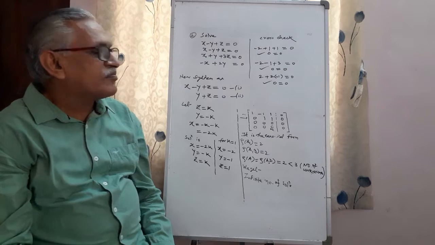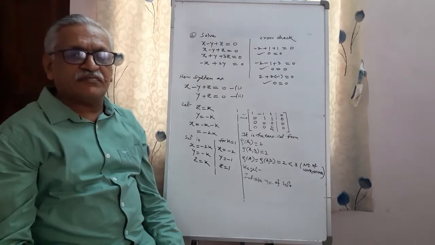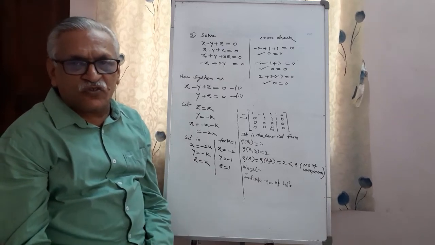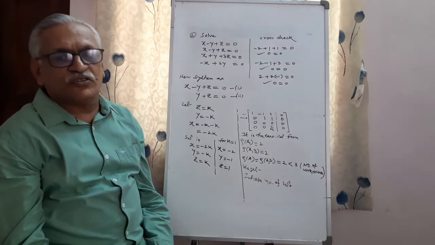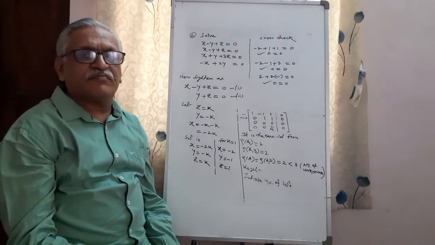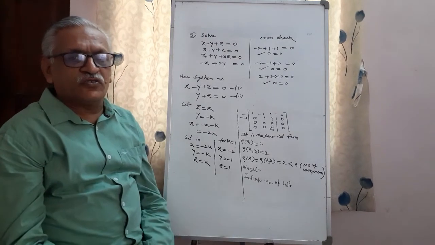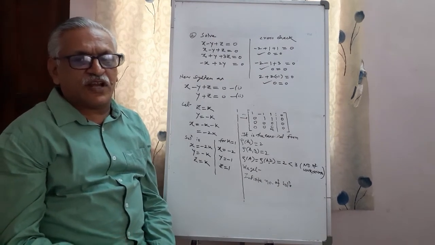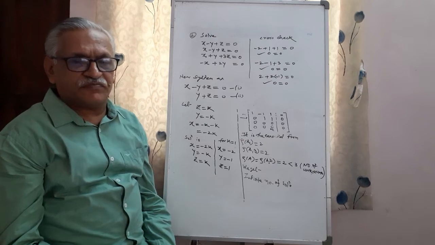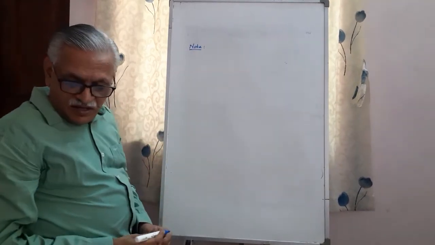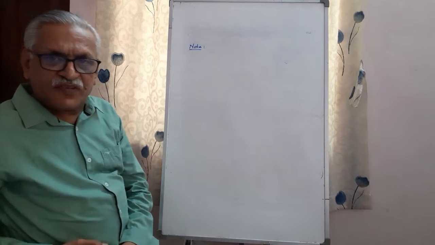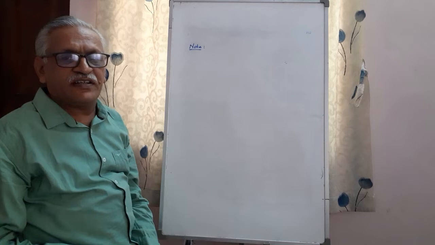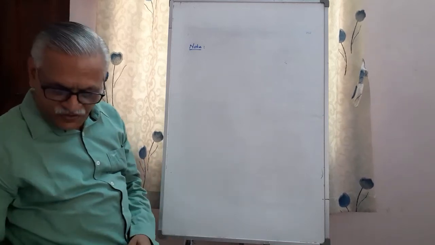Therefore, with the help of these two examples, I have tried to explain how we can find a zero solution or non-zero solution. Zero solution means trivial solution, and non-zero solution means non-trivial solution. Only these two types exist for homogeneous. Then we take a note of the alternative technique to decide whether we get trivial solution or non-trivial solution.